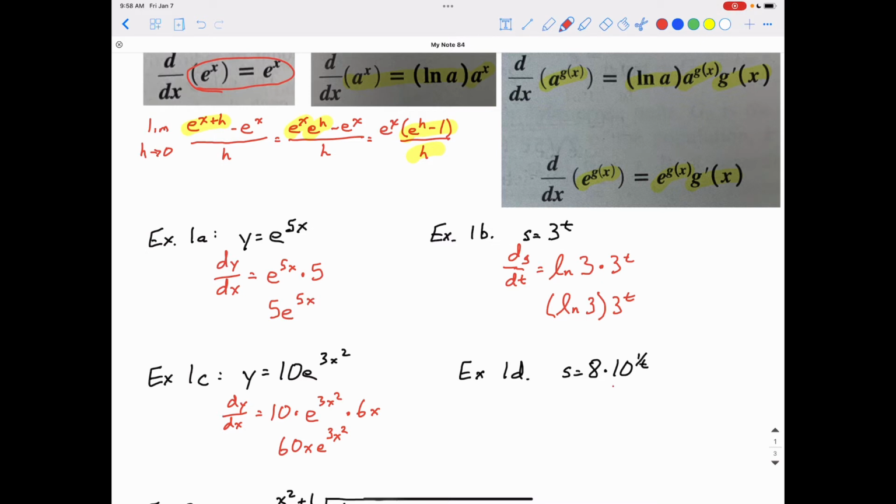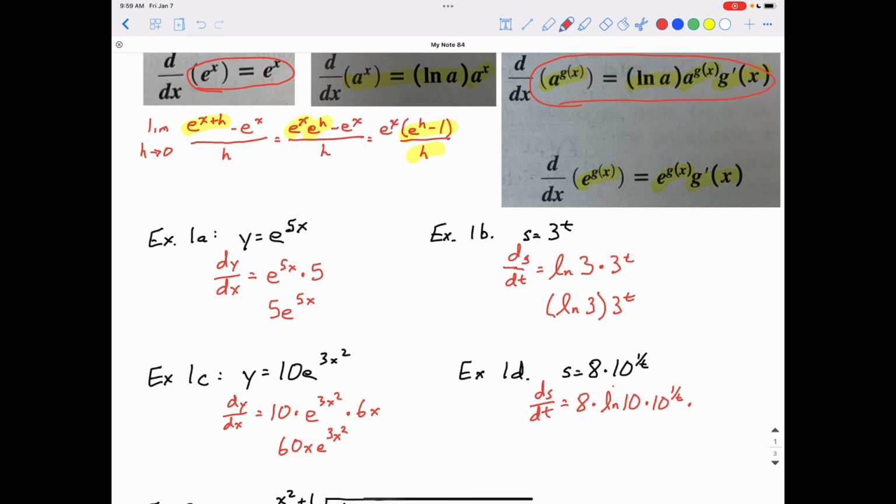Example 1d is s equals 8 times 10 to the 1 over t power. So to find its derivative, it'll be ds over dt equals 8, the constant 8, times the derivative of 10 to the 1 over t. So since that is a different base, it's going to be this one right there. So it's going to be the ln of 10 times the function 10 to the 1 over t power, that's the original function,